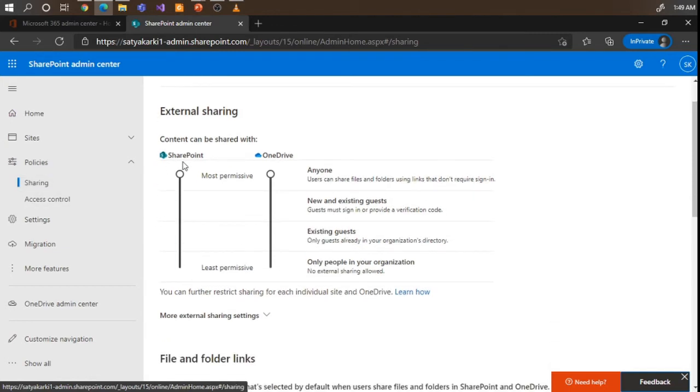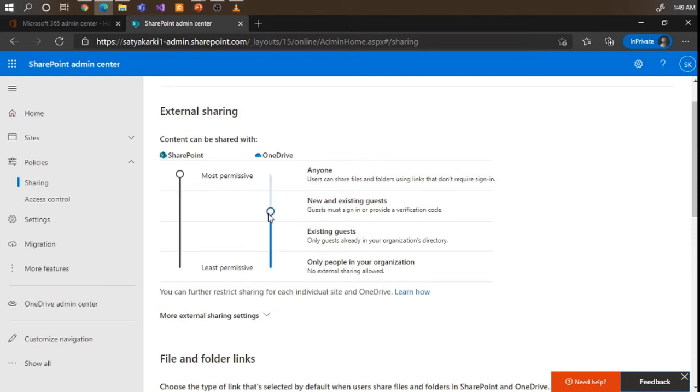In this sharing, you can see the first one is related to SharePoint and OneDrive. So the most permissive is there and the least permissive. The most permissive means you can share the file and content with anyone, which doesn't require any sign-in. Now, if you want, you can reduce one level, which means new or existing guests can see the externally shared file through a verification code.